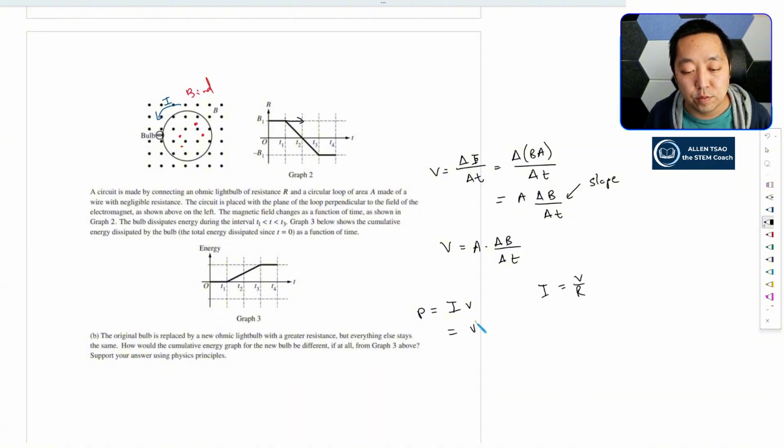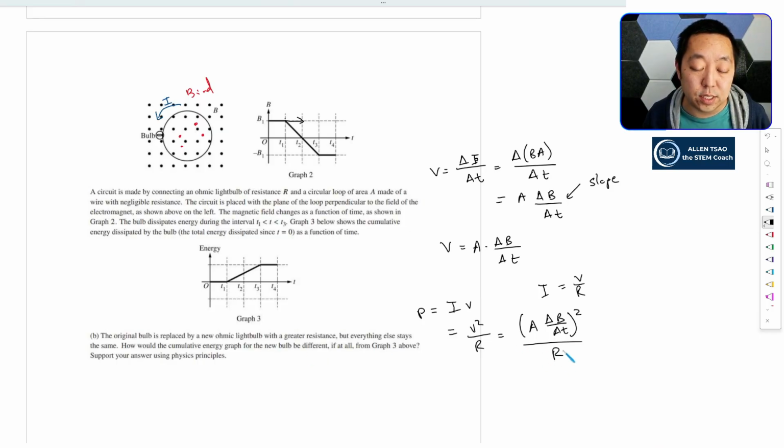So then this becomes V squared over R. And so this is going to be A delta B over delta T squared, divided by R. Now this part's not going to change when we change the resistance of the bulb. But if you double the resistance, the power is going to be cut in half, right? So if I double this and everything else stays the same, then the power is going to be times 1/2. So then our picture is going to be like this, and it's going to have half the energy during that